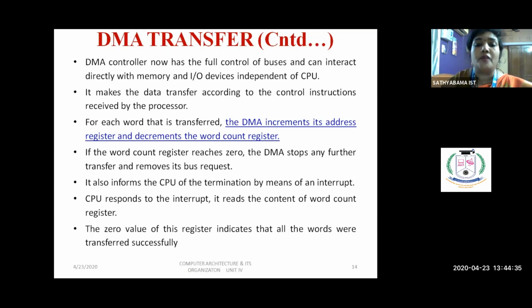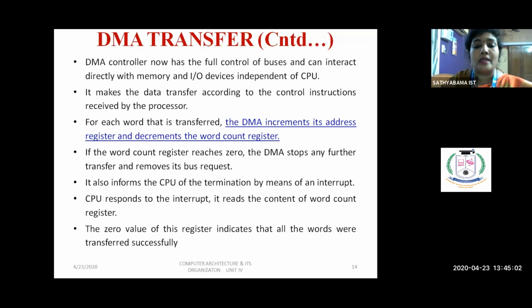For each word transfer, DMA increments the address register and also decrements the word count in the word count register. If the word count register reaches 0, then DMA understands that the data transfer is over. So it stops further transfer and removes its bus request signal.